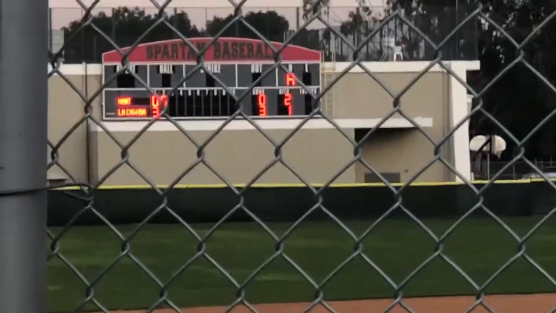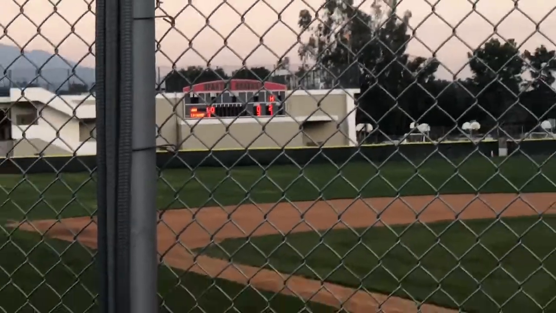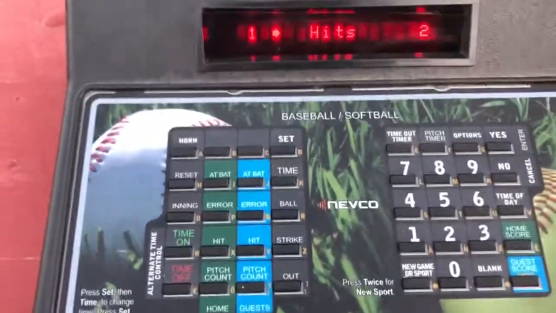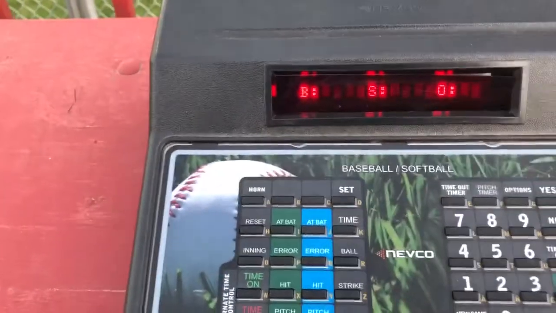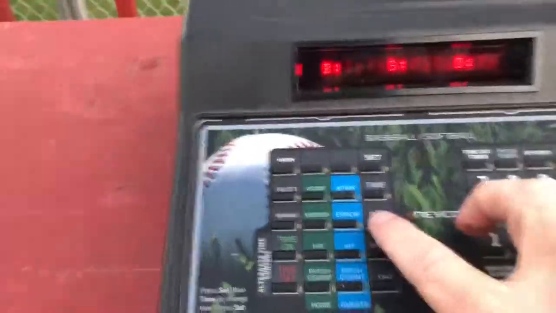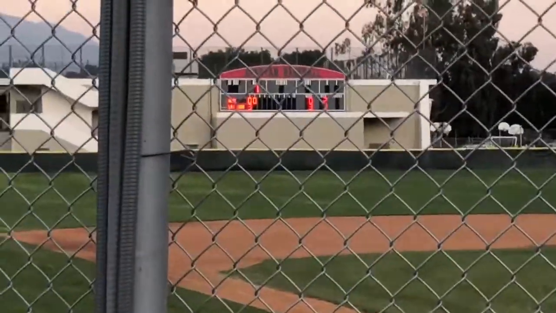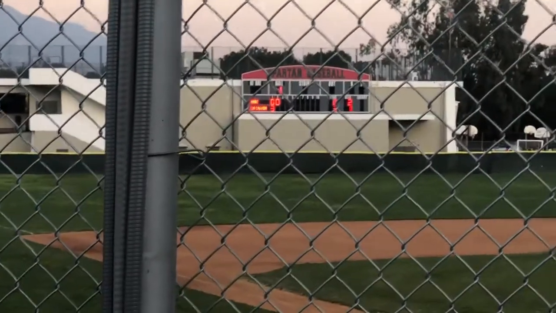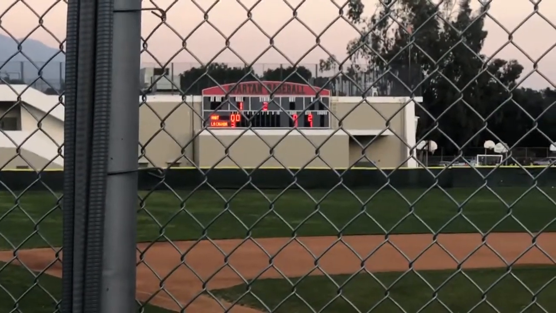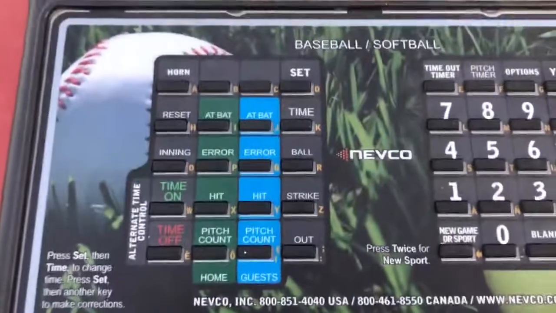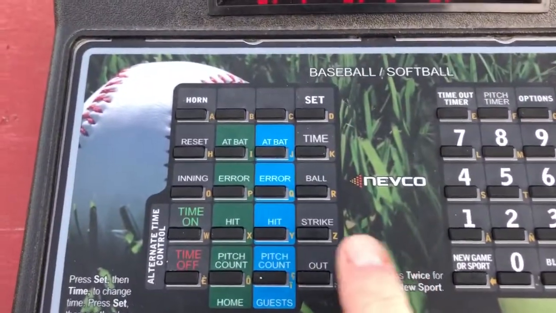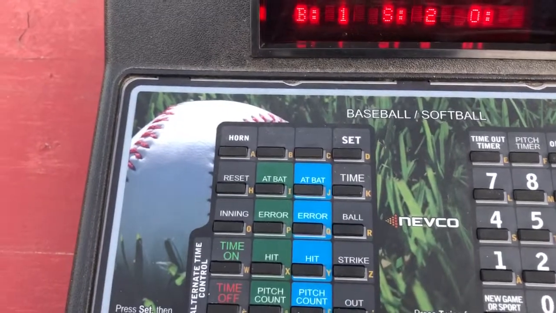Now what's a little confusing, just add it to the list of confusing things with this score system, is now, let's say the next guy gets up, we hit reset, now we're back up, it's the next batter, and it's a ball, then a strike, then another strike, and let's just say at that point in time that the hitter for La Cañada gets another